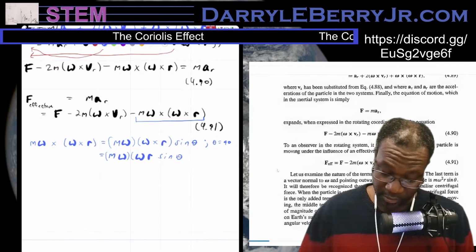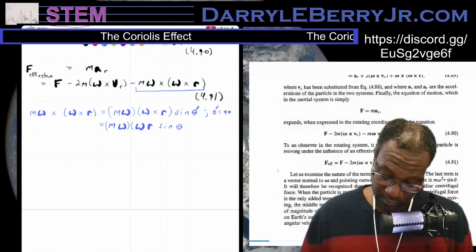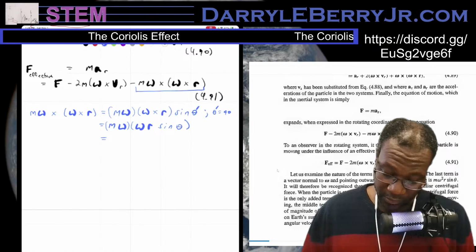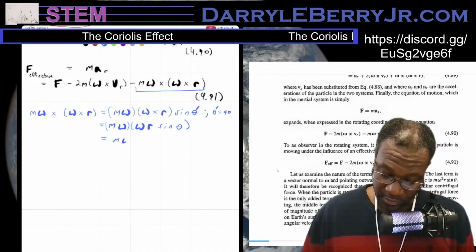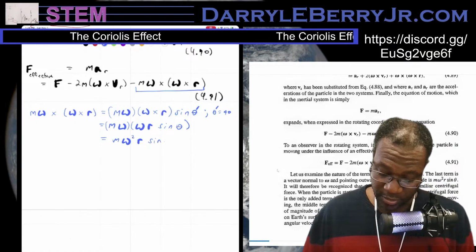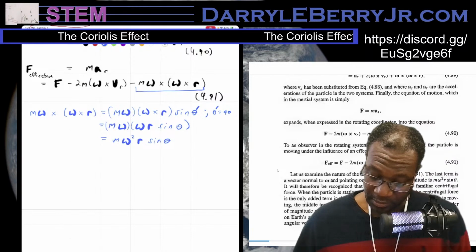So I'll call this theta prime. So that equals m omega squared r sine theta. So that just means that